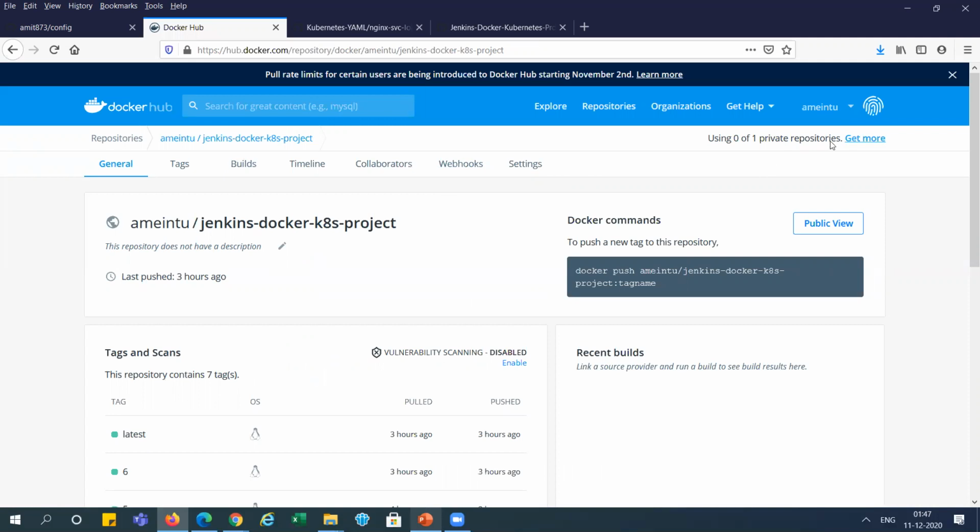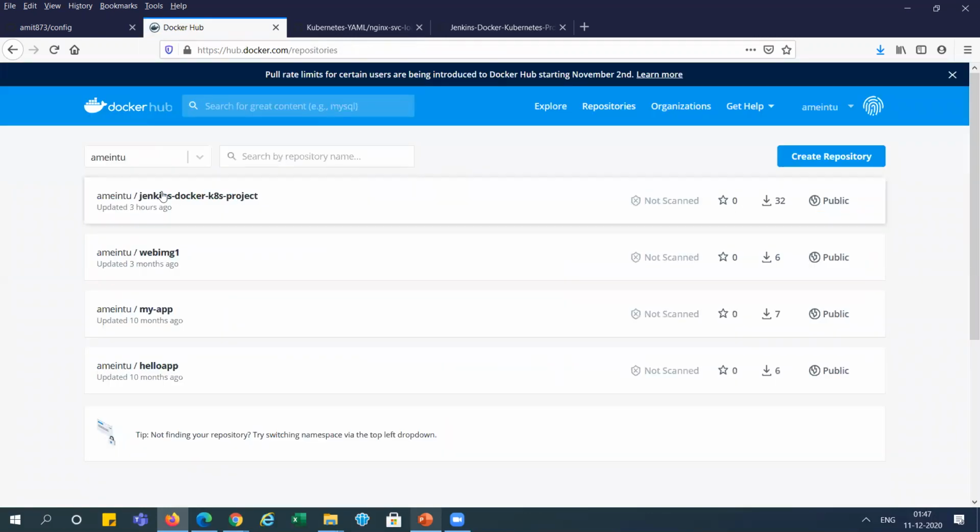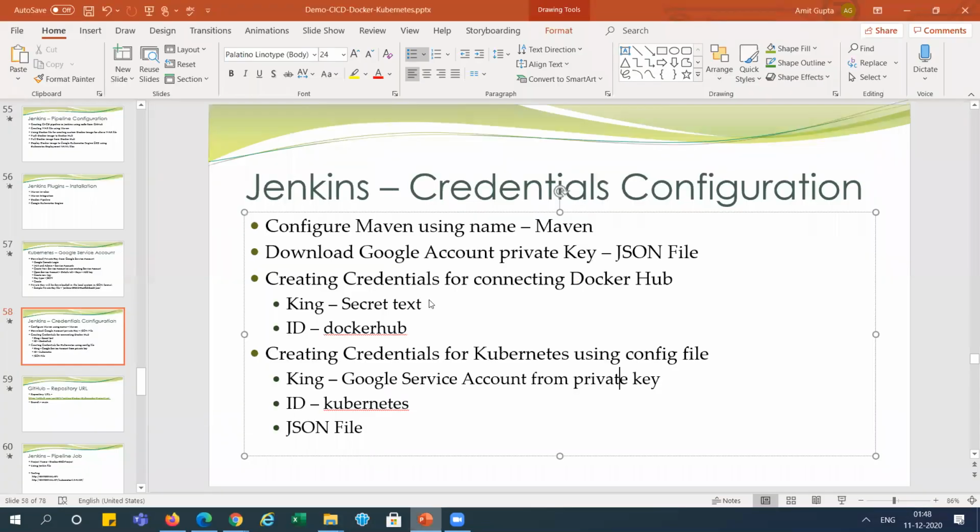Let me go back to repositories, right? We have four repositories here which start with mn2, and we can create them manually, or I will push from the pipeline. This is my username, which I used here.